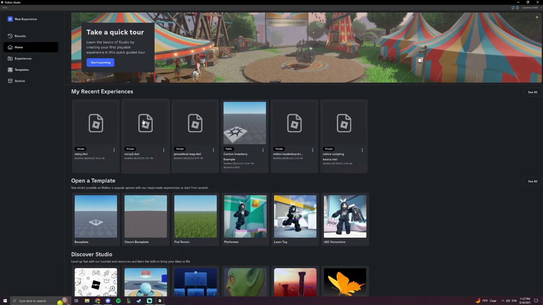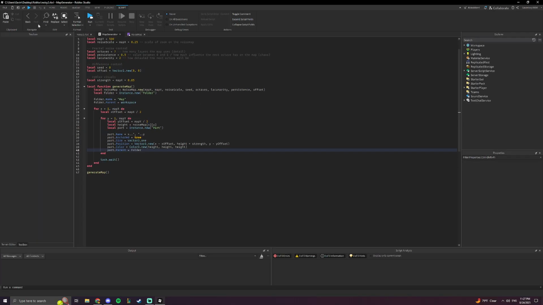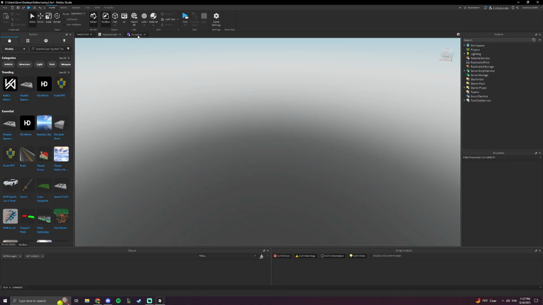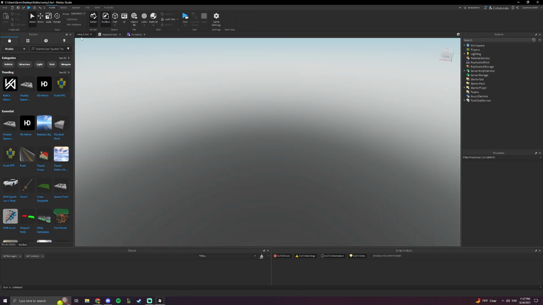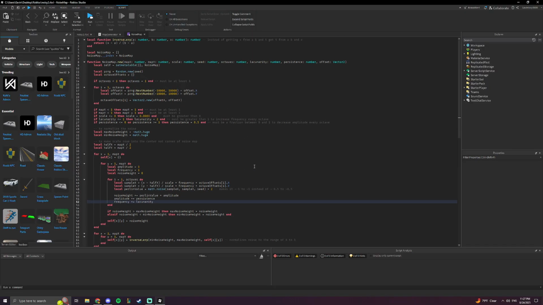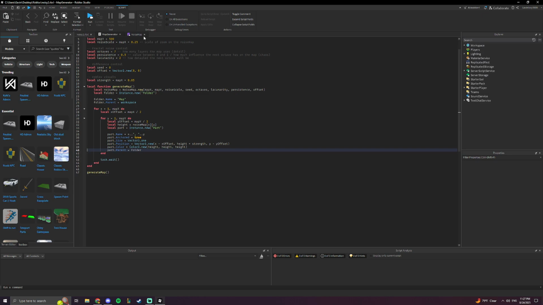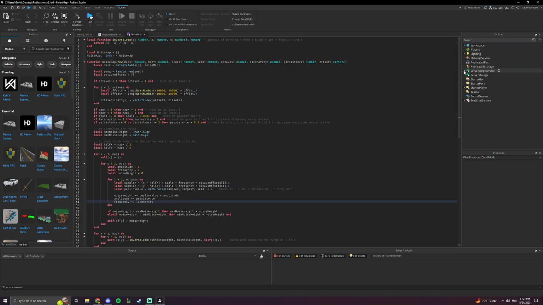Here we go to noisy 2. And this one is based on a different video, a Perlin noise video. It's not Roblox. It's Sebastian Lague's, I don't know if I said that right, terrain generation series. I learned it from this, but we have the module with the class in it,